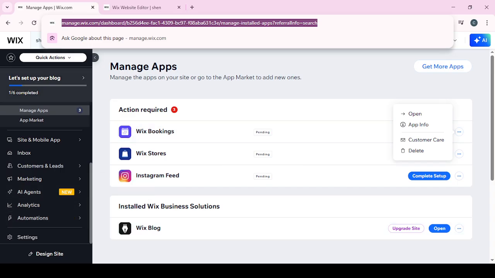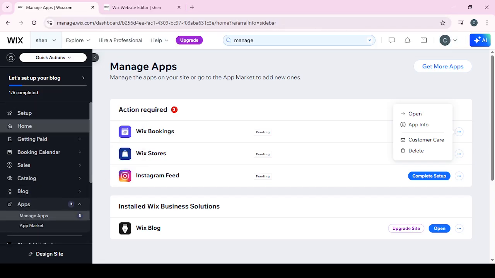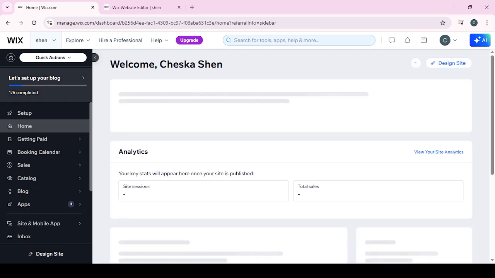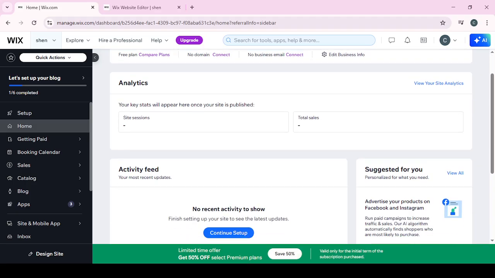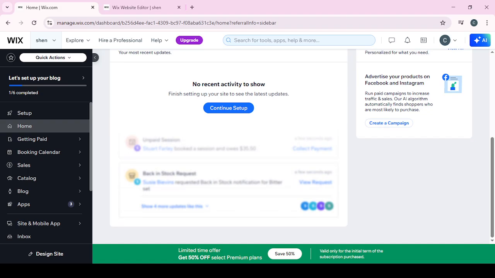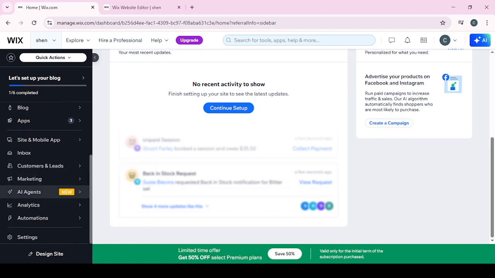Now that you're in the multilingual settings, it's time to add a new language to your site. You'll notice a few options here, but what you're looking for are the features to add languages. Simply click on it, and a window will pop up displaying a list of available languages. Choose the language you want to add. It might be Spanish, French, German, or any language of your choice, so select carefully to ensure it aligns with